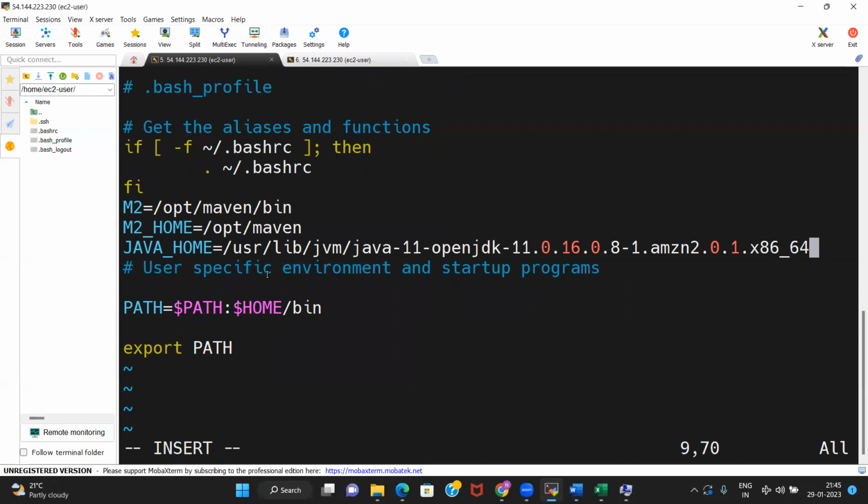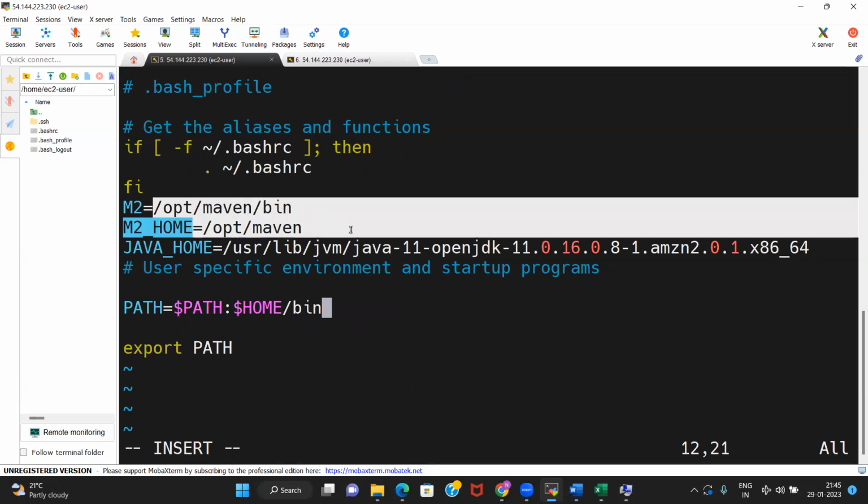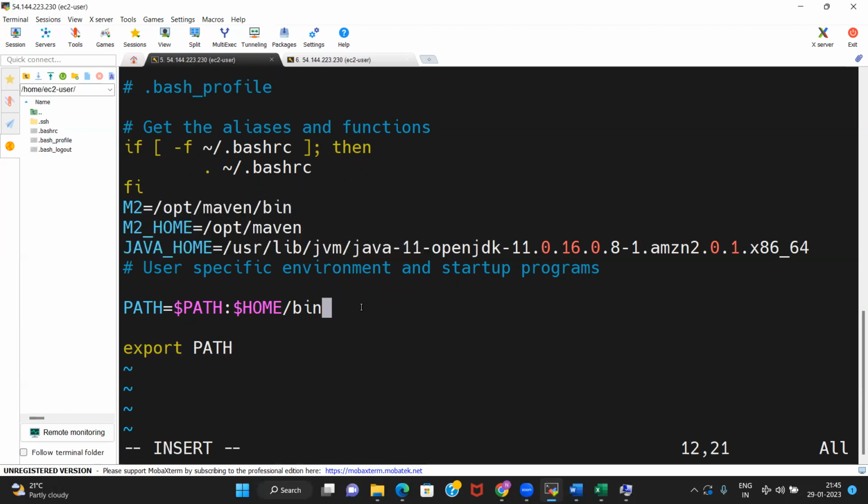Now you have defined the variables, and you want to make them part of the environment variable.